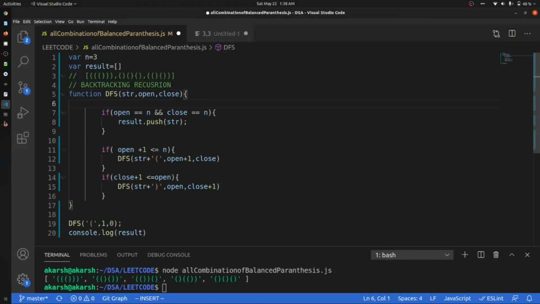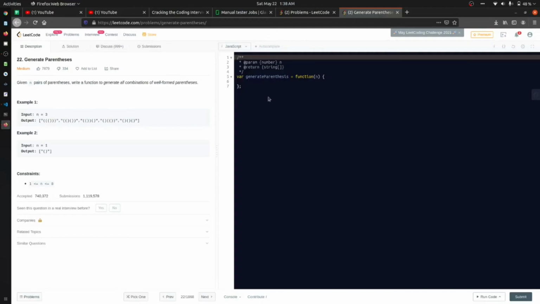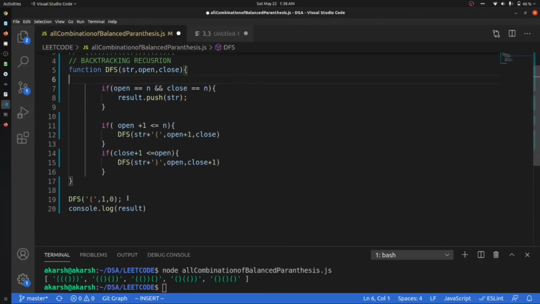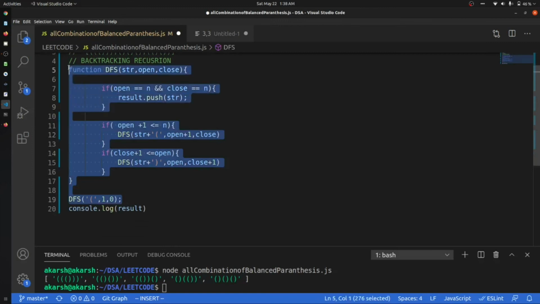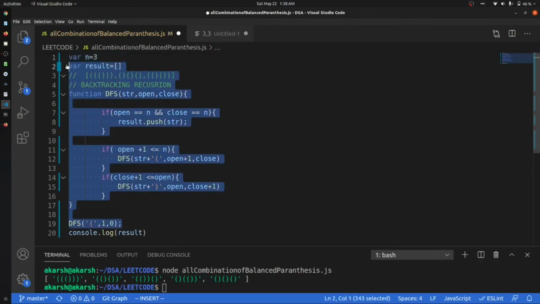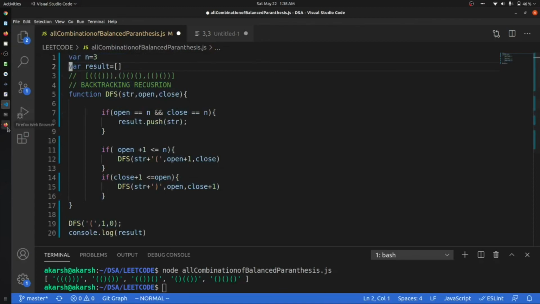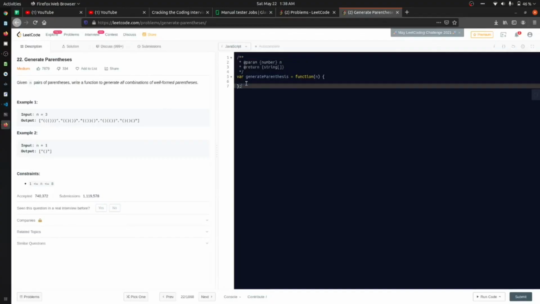So let us go to generate parenthesis, and we will copy the whole thing that we have here. Copy, just paste it here.